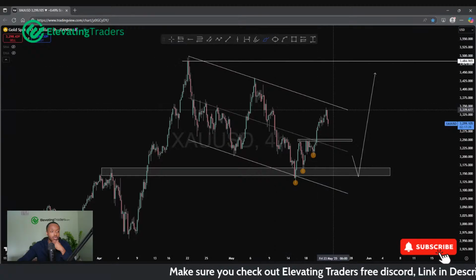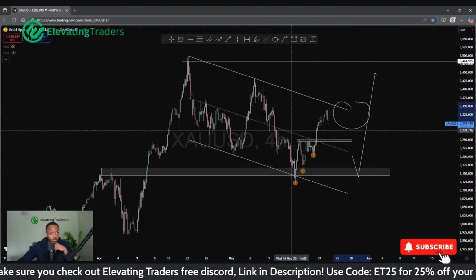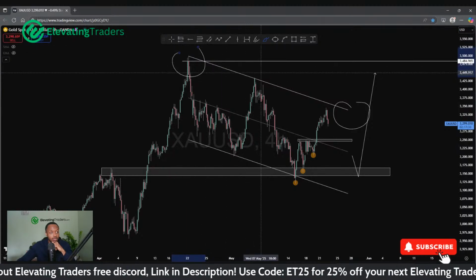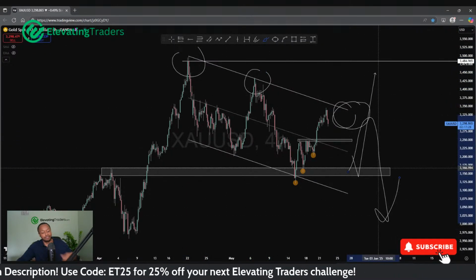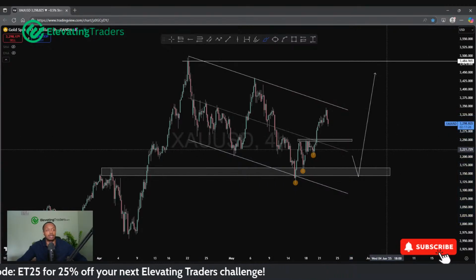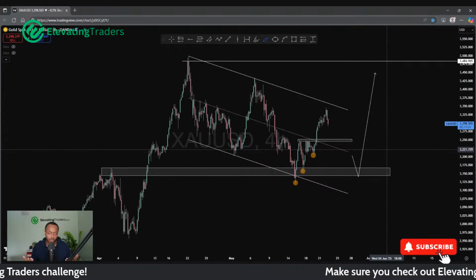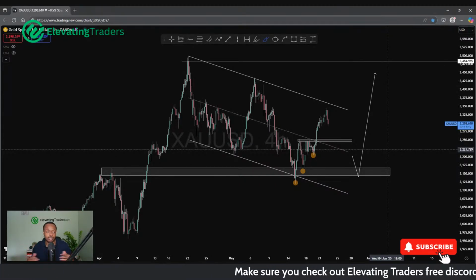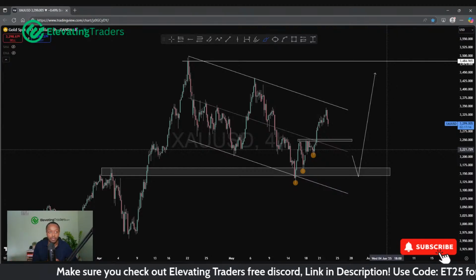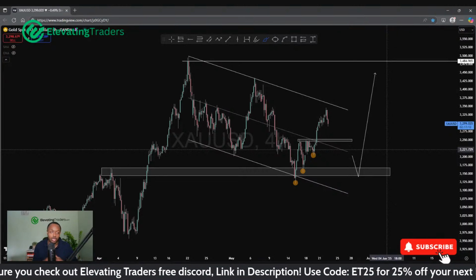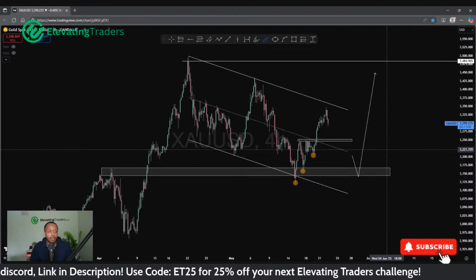I would, of course, watch out for the high of that channel, because there is a world where we do put another lower high in. 1, 2, 3, we push up and come back down. Because again, gold is very much in a bullish trend, but we understand that that bullish trend is not going to continue forever. It's got to stop at some point. It's got to retrace. It's got to reverse at some point, even if it is all temporarily, which we expect it to do. Gold is a long-term bullish market, so if we do push down, it's just a retracement. But we do expect that to happen.